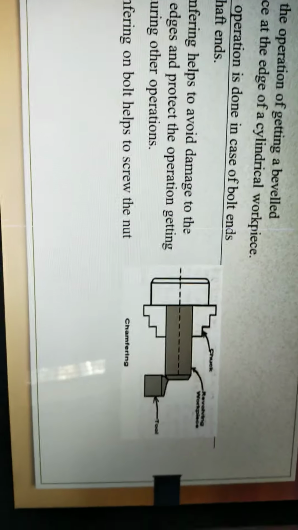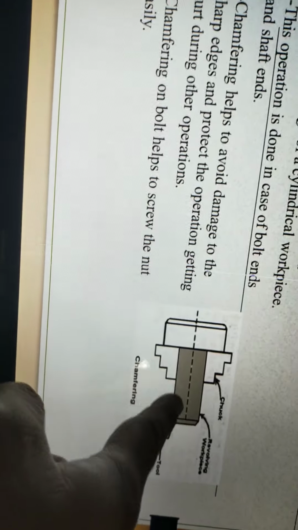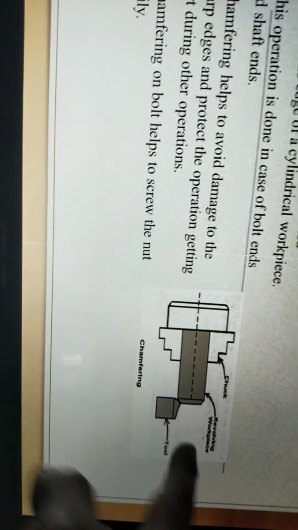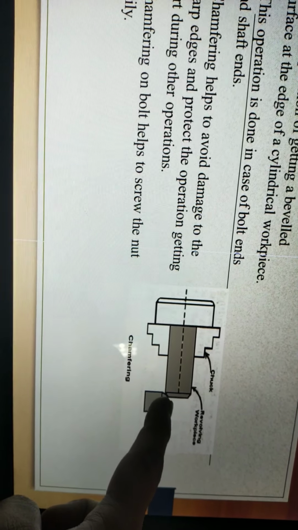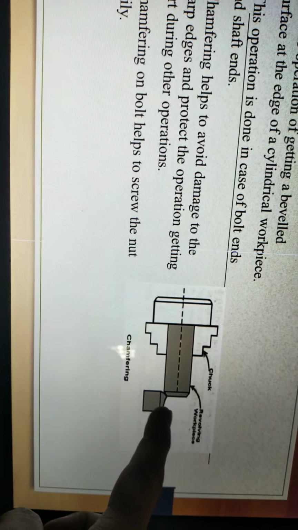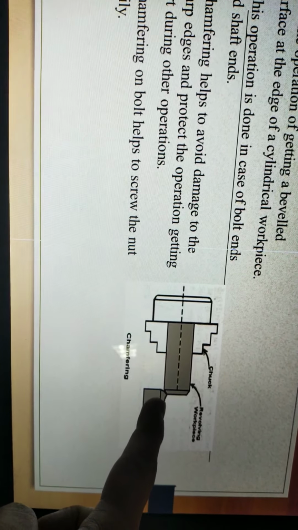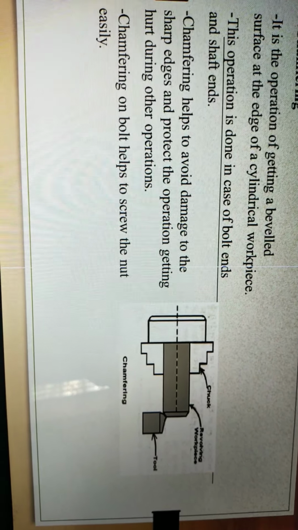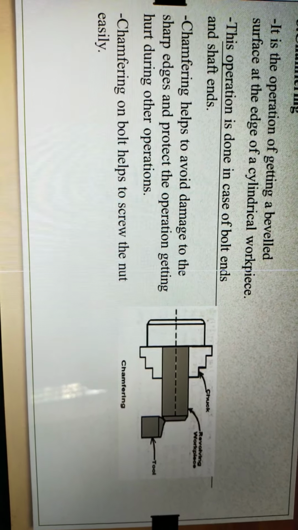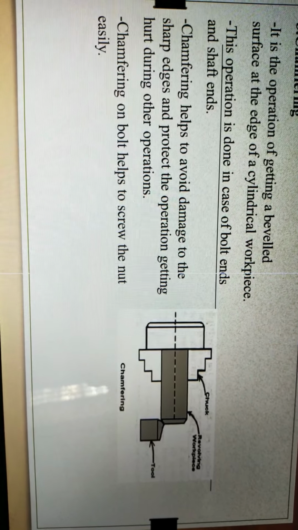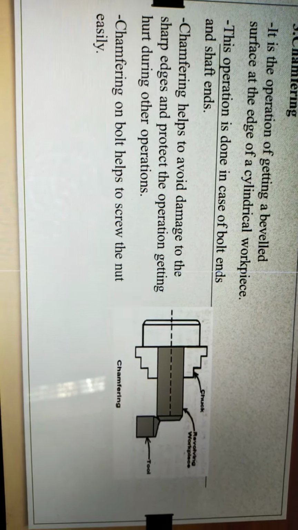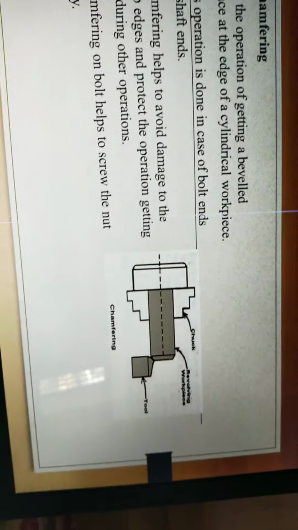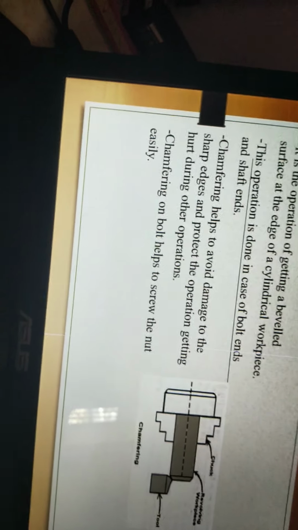See in figure again. Workpiece is held in chuck. It is revolving, but only the corner is there, 45-degree or bevel shape. In 99% of cases it is kept at 45 degrees. Angle is going to be given 45-degree for the chamfering purpose, so that sharp edges at the end of the shaft will get removed, due to which no damage to the operator during the operation.